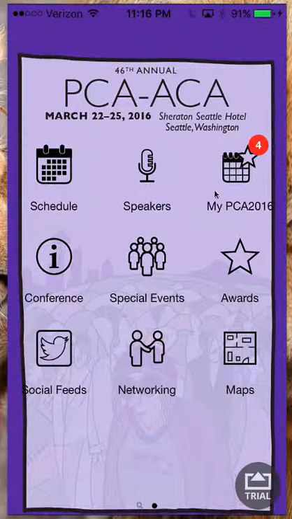Once we're done with that, we can actually go into this widget over here, which is My PCA 2016. This is going to be most beneficial to you when you're on site. So before the event or in the beginning stages of the event, obviously going through each of these different widgets will be helpful. However, when you're actually favoriting things, messaging speakers or messaging attendees,